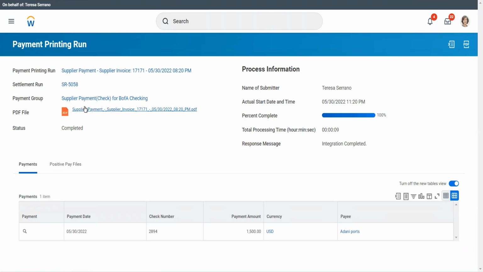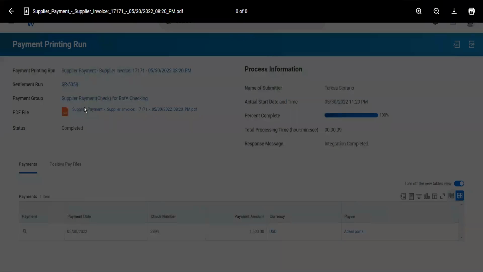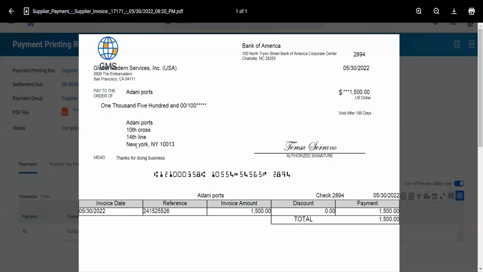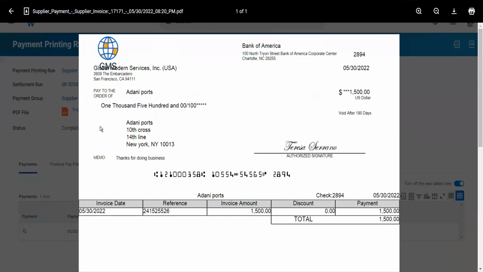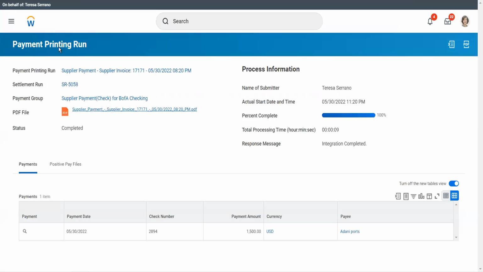It's completed. If you look at it now, again, you have to design this using the BIRT layout. That's an SME job, but this is a standard layout that looks like a check layout. In the real world, you will design it as per the check parameters. So let's get rid of this. And if I look at my settlement run again,